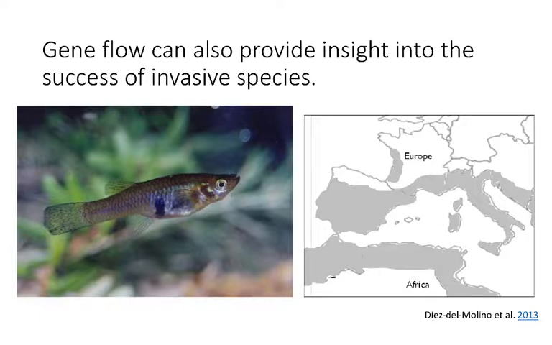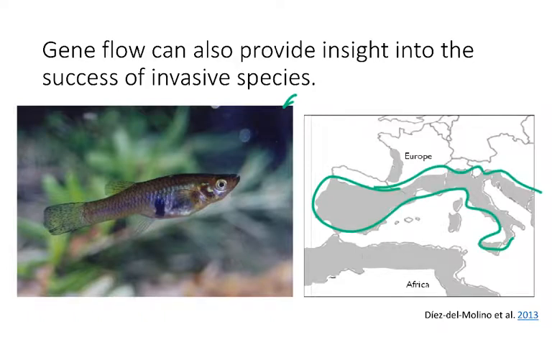In these images, the image on the left is a mosquito fish that's invasive to many areas, including Europe. All this area in gray here is area where this mosquito fish is invasive. They did some genetic studies to figure out that within this invasive area, there's actually high gene flow among different drainages. And that high gene flow is leading to relatively high diversity for this mosquito fish,